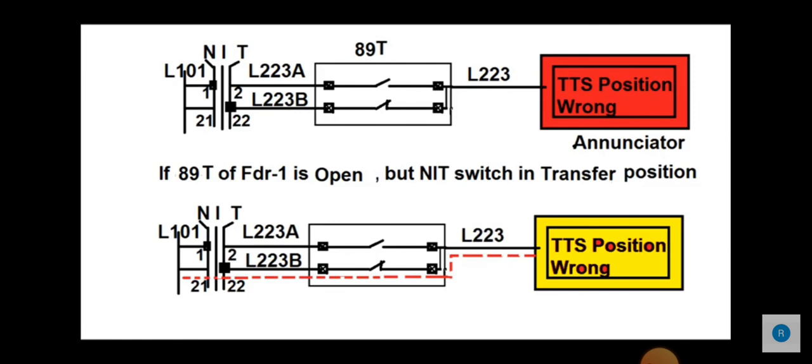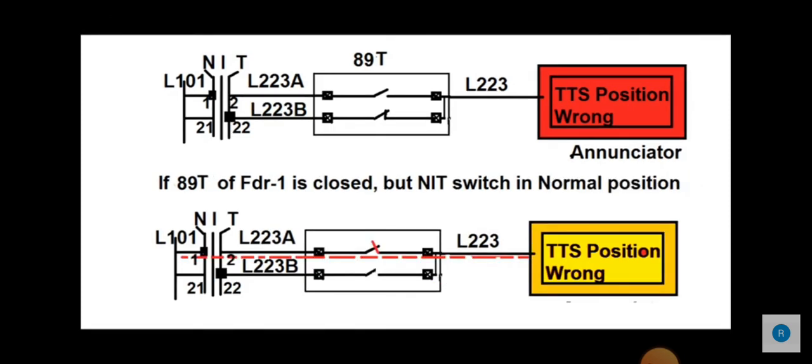Whenever 89T, the transfer bus side isolator of its feeder, is in open condition and the NIT switch position is normal, there will be no annunciation of TTS position wrong. But if the NIT switch is in transfer position but 89T is in open condition, it will show the annunciation TTS position wrong to the operation staff. Again, if 89T is in closed position but the NIT switch is in normal position, it will also send annunciation to the operating staff that the TTS position is wrong, that is, the operation is wrong. The right operation is the NIT switch will be in normal